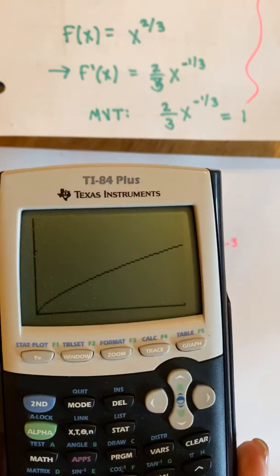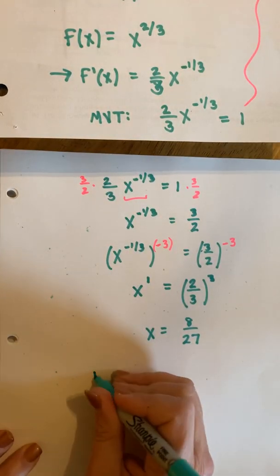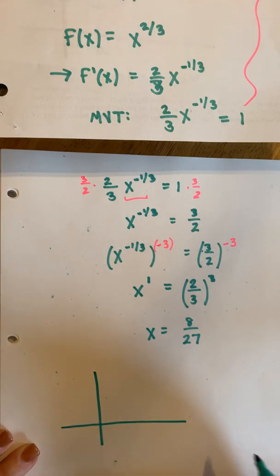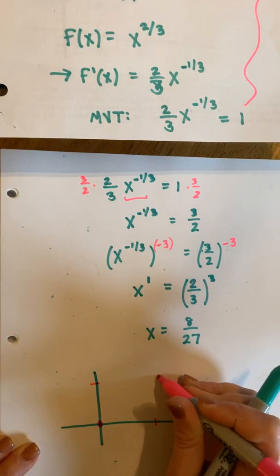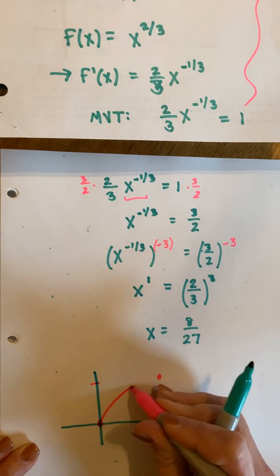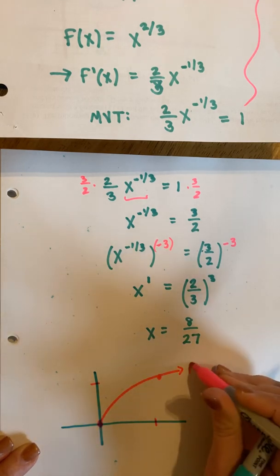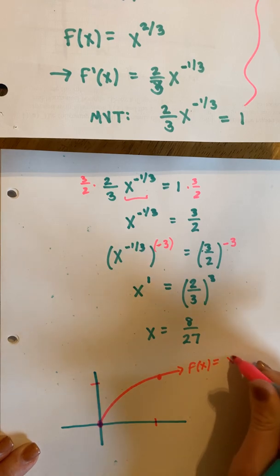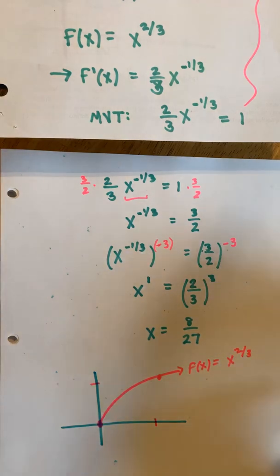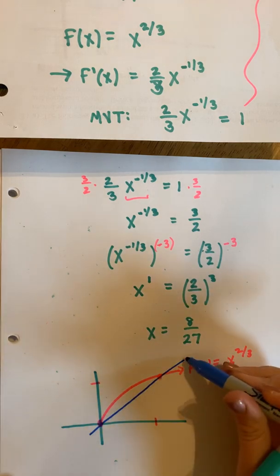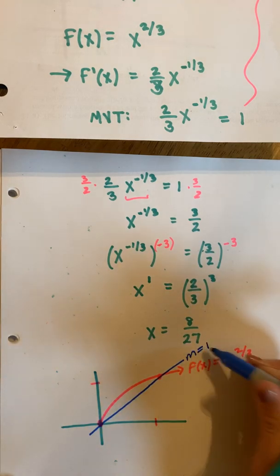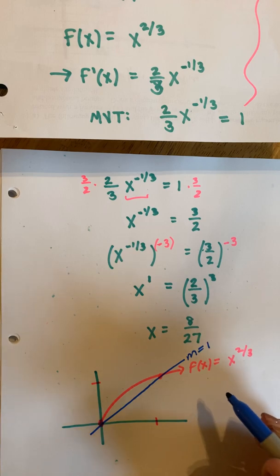So for simplicity, I'm going to just draw this. At 0, we're at 0. At 1, we're at 1. It kind of behaves like this. So this is f of x equals x to the 2/3. If you look at the slope of the line connecting the endpoints, the slope of this line is 1. And 8/27,